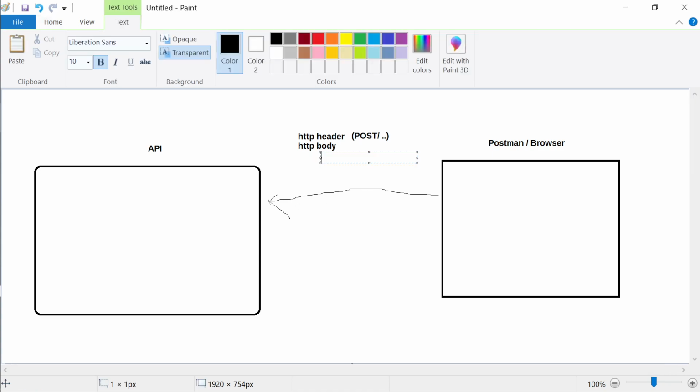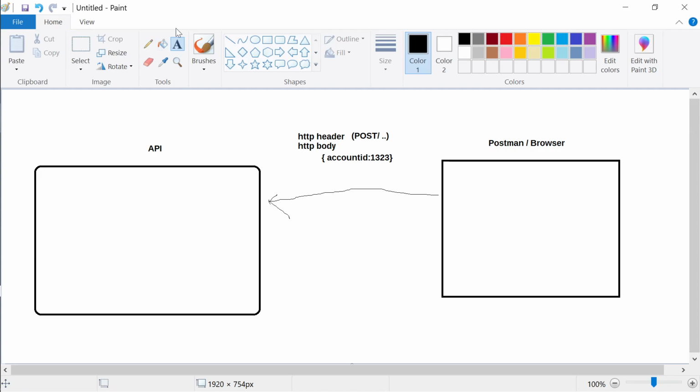Inside the body we have our account data, like account ID colon 1323 something, in some format. So this set of data is traveling over here.